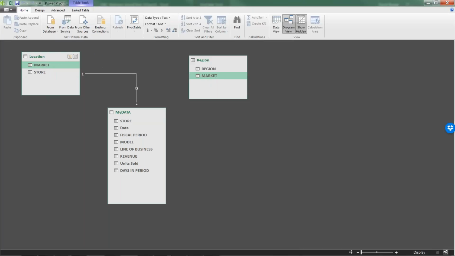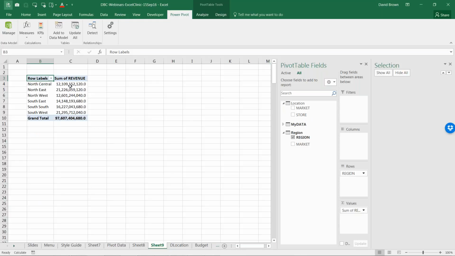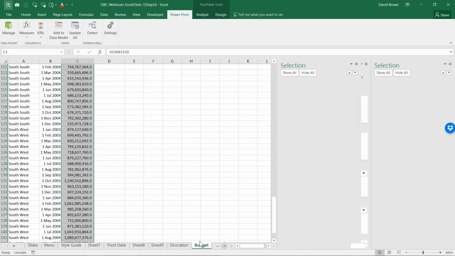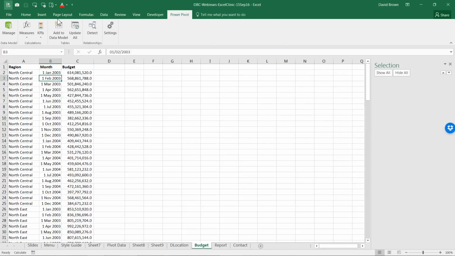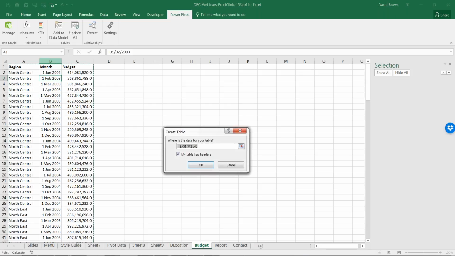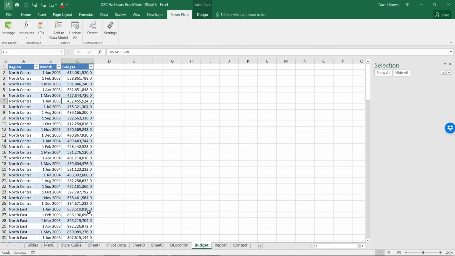And you can see I have various branches. I've linked another branch. And guess what? Now I can come to my Excel, come to region, remove markets, click region, and I have my regional report. Perfect. And the nice thing is I can come to budget data. I can load budget data into my model, how powerful this is, and I can now do reports by budget if I want to. So I can click this and load it into my data model and do reports by budget.